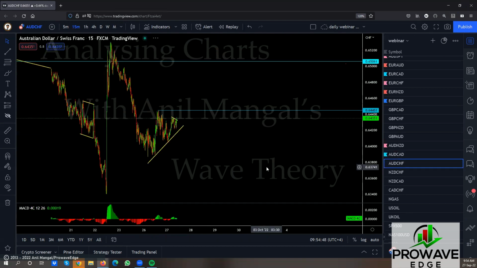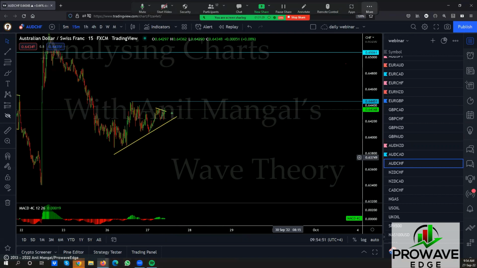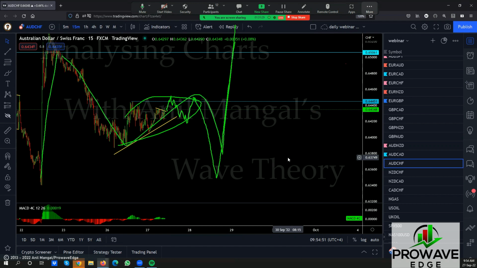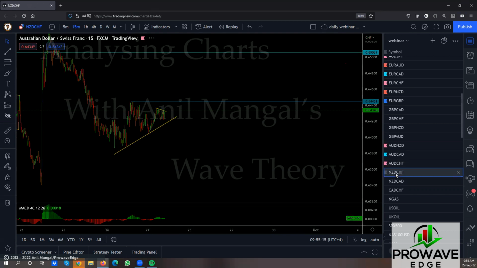Aussie Swiss. Yeah, this one is going to go, but the big picture is downside. This one is going to go here, break that top. It could stay here for a while more, but this whole thing is corrected, which means we're going to come back here and then go up. We're looking at a 1, 1, 2, 3, and then upside. Right, let's go. So I don't know if we decided not to take that buy this morning. We're only waiting for it to break the top, then we look for a sell. So I'll put it as looking for a sell setup. Let's go. New Zealand Swiss.